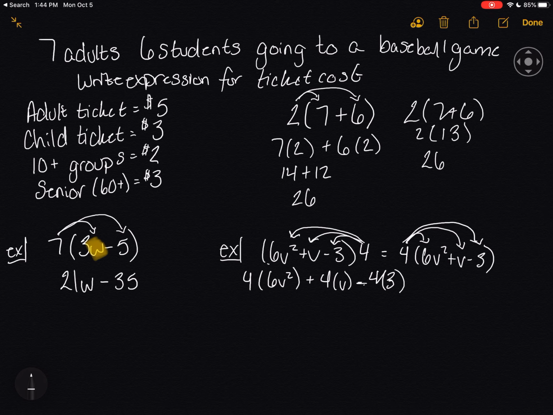So I'm going to simplify then, and 6 times 4 is 24, and I'm going to leave that v squared on there, 4v, and then 4 times 3 is 12. And I can't do anything else with this because it's as simplified as it can get. I can't put v squareds with v's together because they're not like terms. So remember,